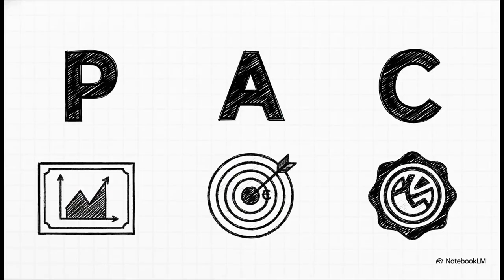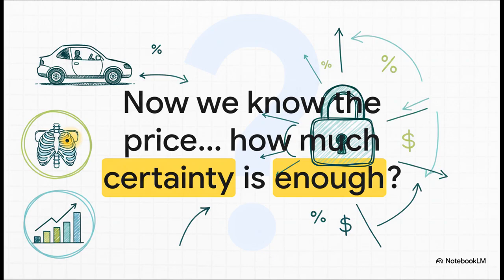So let's put it all together one last time. PAC Learning. It means our model is probably correct because we're highly confident, like 99% sure. It's approximately correct because its error is guaranteed to be super close to the best possible. And it's correct because this isn't just a guess. It's a real mathematical guarantee for machine learning. What this framework does is it turns building AI from a kind of dark art into a repeatable science. It lets us calculate the exact price of confidence.